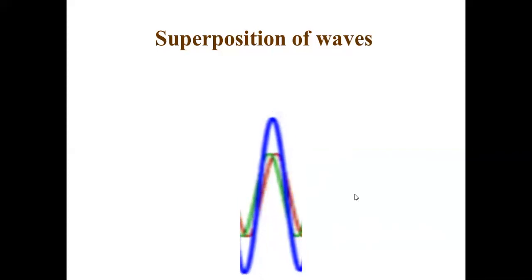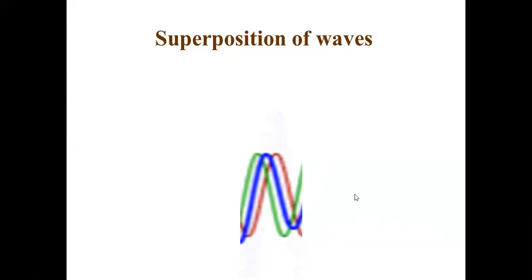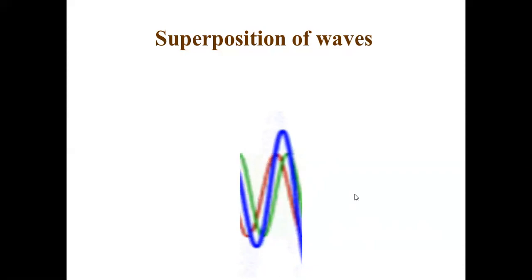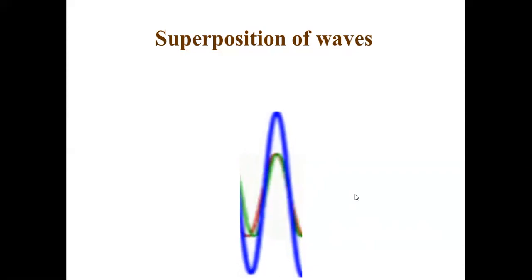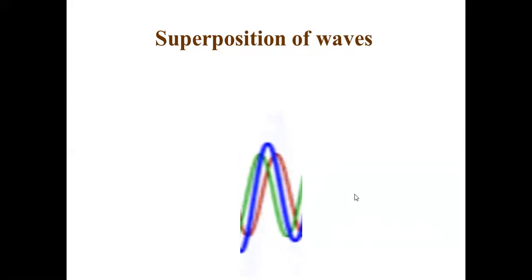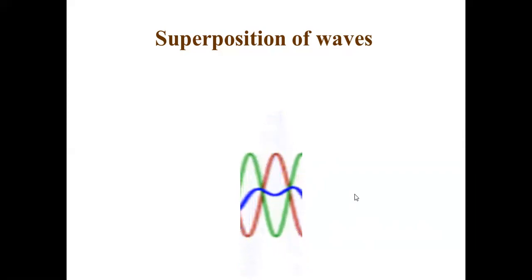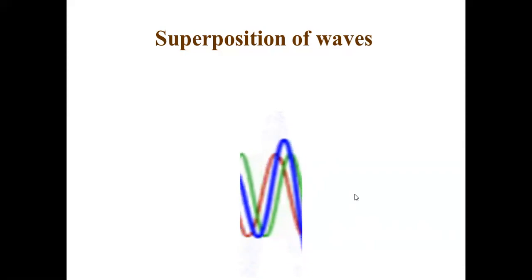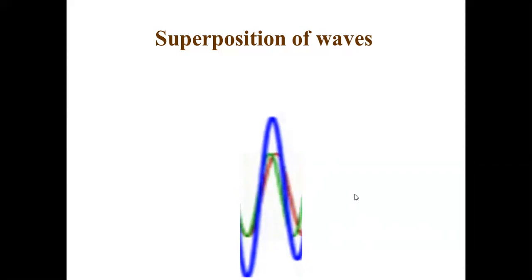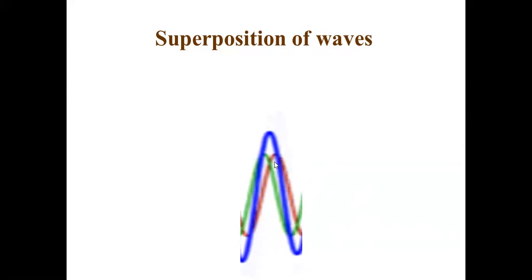So when you are by the side of the seashore, when sea waves come to you, and when they return back, if another wave comes and falls on that returning wave, you don't see the coming wave, you don't see the returning wave, you see a new wave, right? When you apply 7 Newton and 3 Newton on an object in the opposite direction, you don't see 7 Newton, you don't see 3 Newton, you see the resultant 4 Newton effect. Its effect is seen. That is how it is shown.